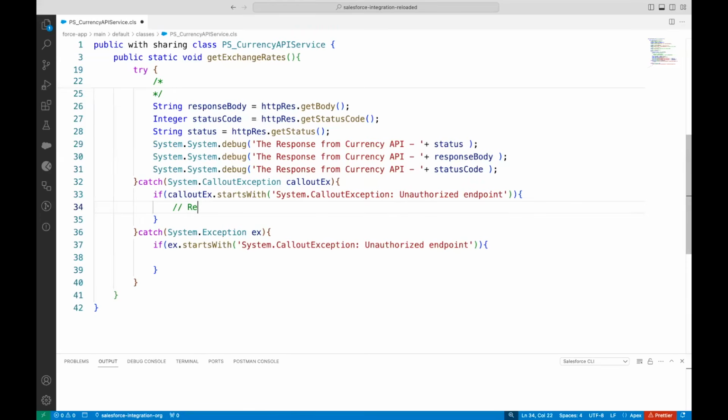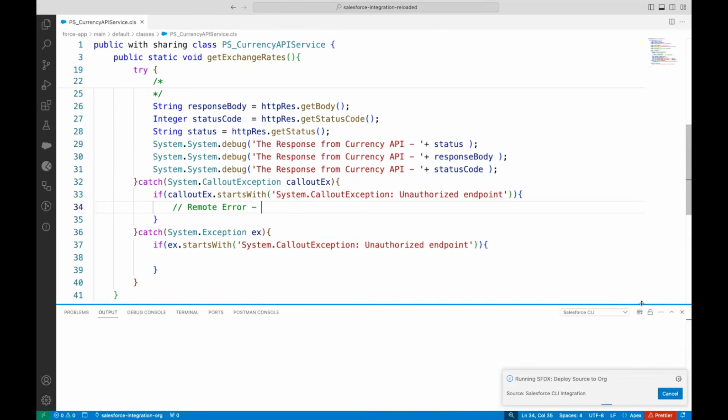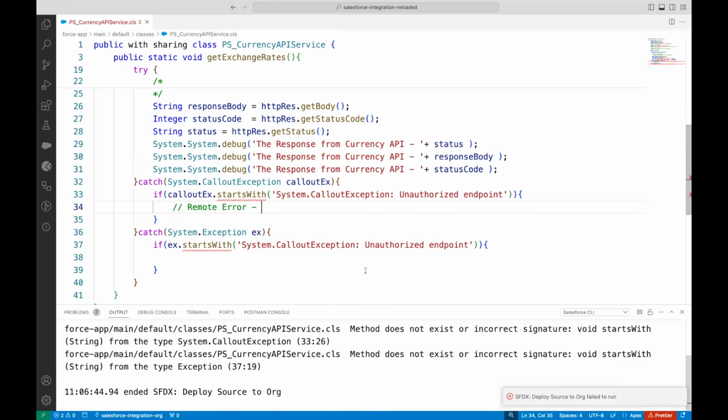You can maybe create some sort of error message, error logs, store it in a custom object and say that was some error due to remote site settings, and that is done. Okay, it says incorrect signature for starts with, it's not going to work. I know that